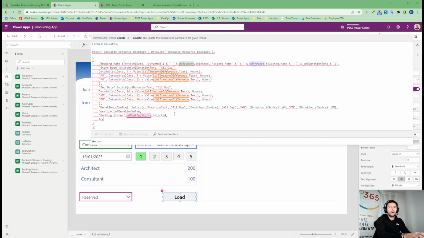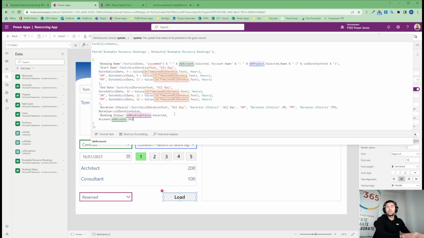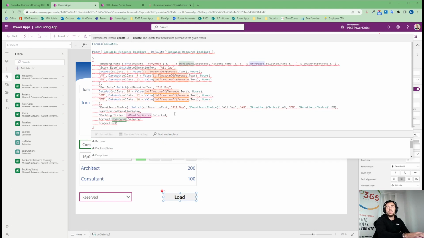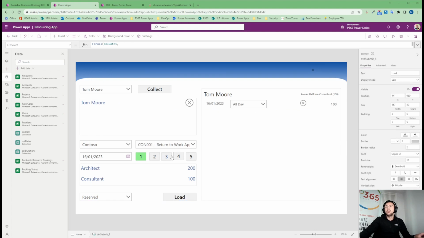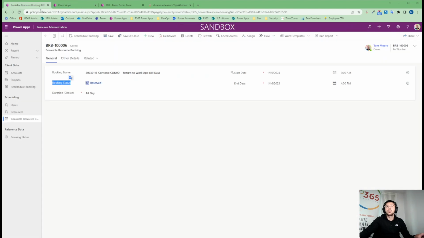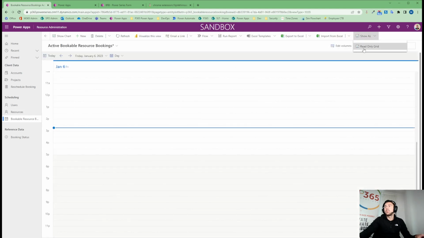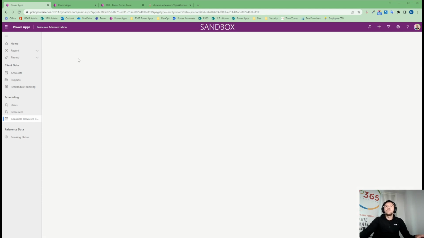I should be able to find account DD account dot selected and project DD project dot selected. Just to trial that, let's pick another date, one, blah blah blah, and load, and then back here. Number 7. Account and project, which then means that when we're in the accounts, as an example, and this is